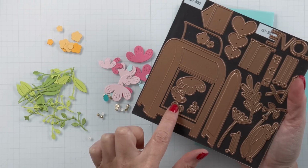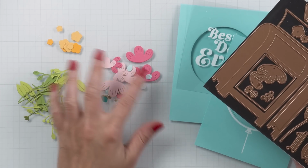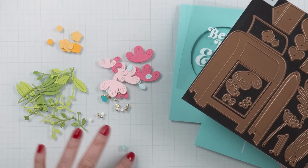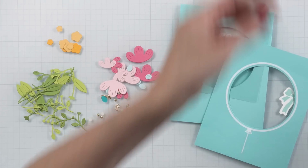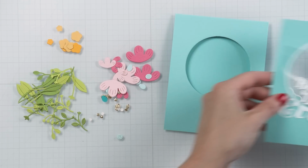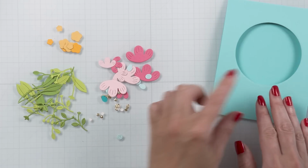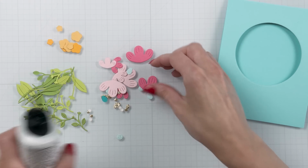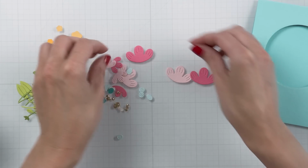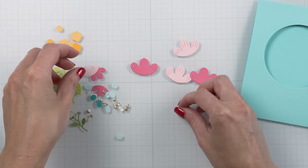Now, I came across the mailbox die from last year in my stash, and I remembered how much I loved the flowers that were included in this set. So this is the Parcel and Post mailbox die, and it comes with these pretty flowers. I've not used those at all yet. I did use the mailbox die last year. I had several cards made with this adorable die, but I never used the flowers,